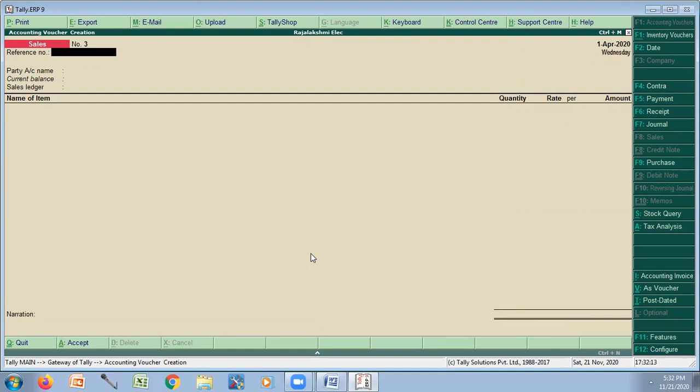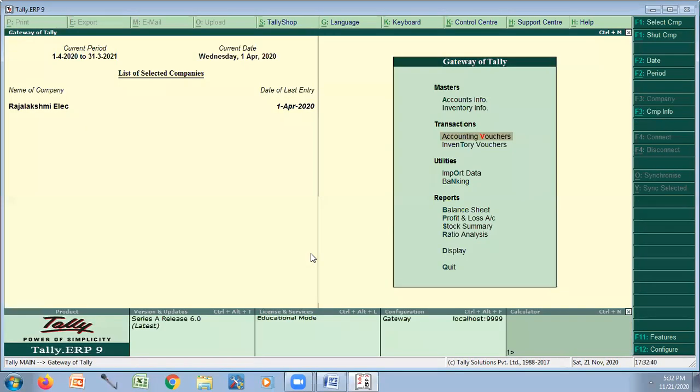So I think you have understood. Now make sure GST can be given at many steps. If for all the items in a category there is only one GST percentage, you can give it while creating the stock category itself. If the same category has two products with different GSTs, you have to give the GST value while creating the stock items. Or if I'm selling only one type of product and it is the same for everything, you can give it in sales itself. While doing sales itself, you can create a GST ledger in the accounting voucher.